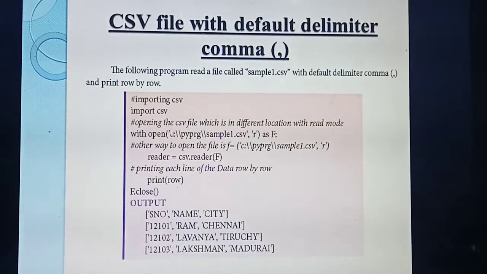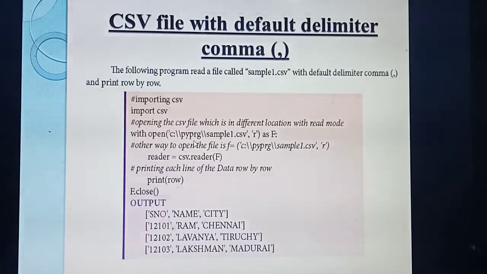You should specify the path, from which location you are going to open the file. You have already stored a file in some location, isn't it? Normally all these CSV or Python files are stored inside the folder pyprg.